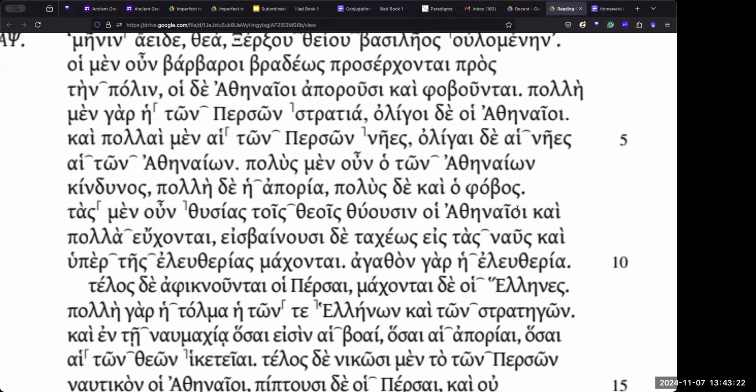So -οντα becomes -ον. -εται becomes -ετο. -ουσι becomes -ον. So here we go. So it's ἔθυον. Epsilon, theta, upsilon, omicron, nu. ἔθυον οἱ Ἀθηναῖοι. And then πολλὰ